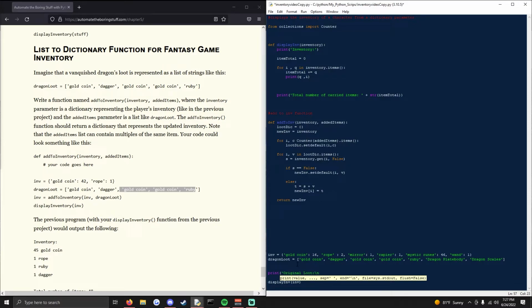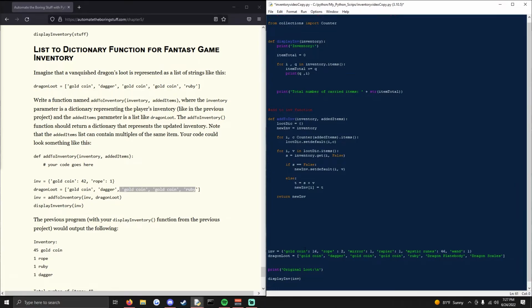We want a new line, because I want an extra space. And we'll display the original inventory. Then we will do inventory equals add to inventory